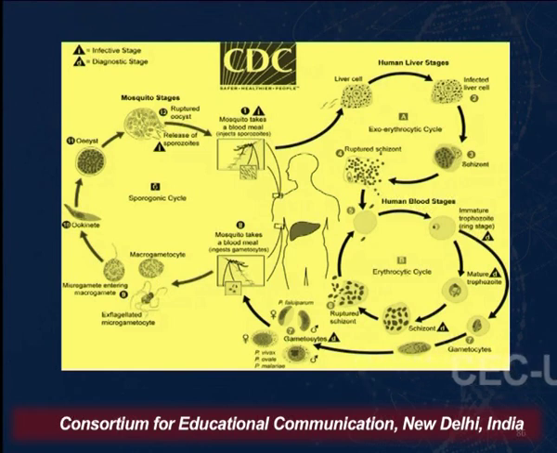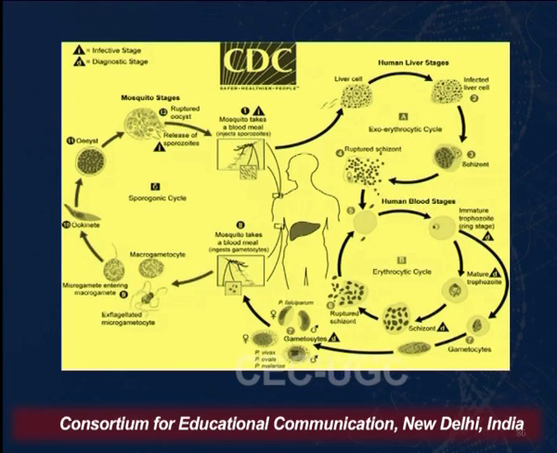Now, the macro and the micro gametes fuse to form the ookinete and oocyst within the mosquito, and then subsequently the division takes place. The ruptured sporozoites then move through the saliva into the proboscis, and when the mosquito bites another human being, the transfer takes place. So, this is how the cycle of the malarial parasite takes place. There are various treatment regimes which are present, which mainly affect the transmission process within the human host system.